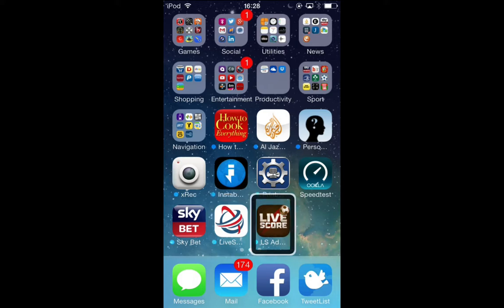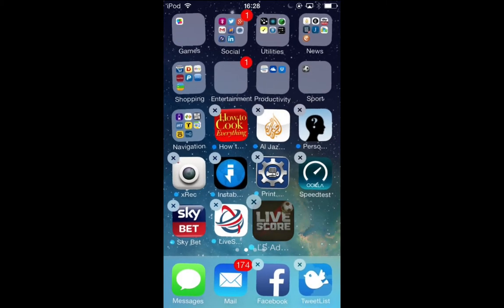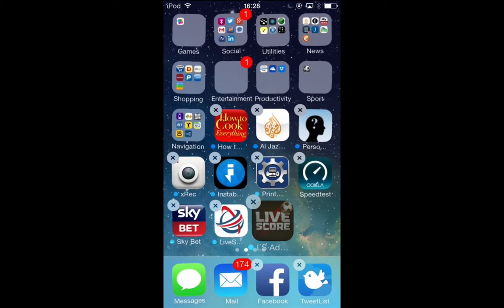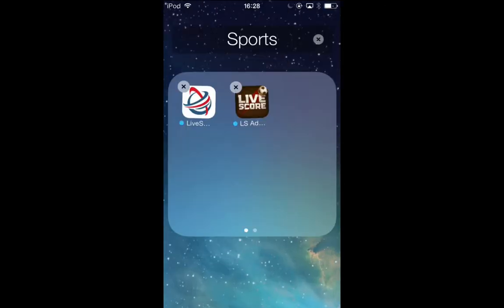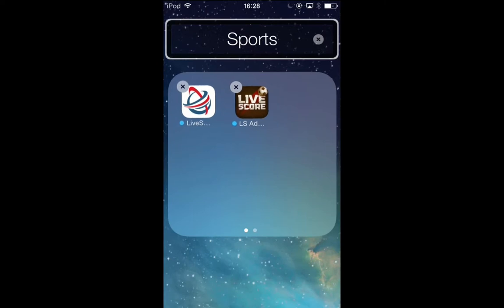LS Addicts. Moving LS Addicts. I hear that sound and VoiceOver says moving. I can then drag my finger over the Live Sport app, which I want to create the folder with. On Live Sport. Create folder with Live Sport. Creating Sports folder. Folder. Sports. And once I hear the sound and VoiceOver tells me it's creating the folder, I can lift my finger and